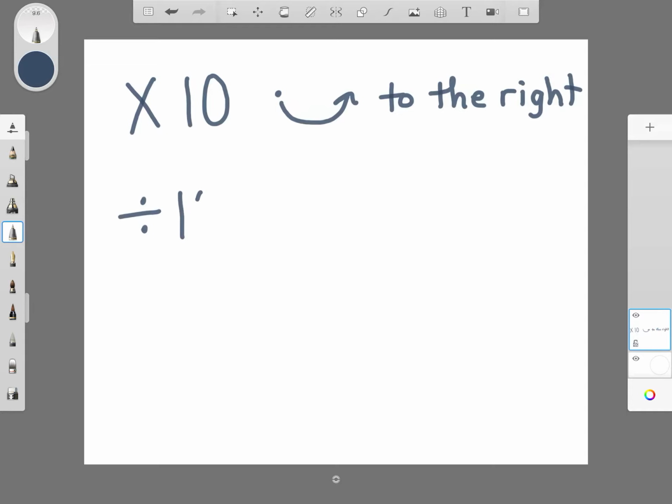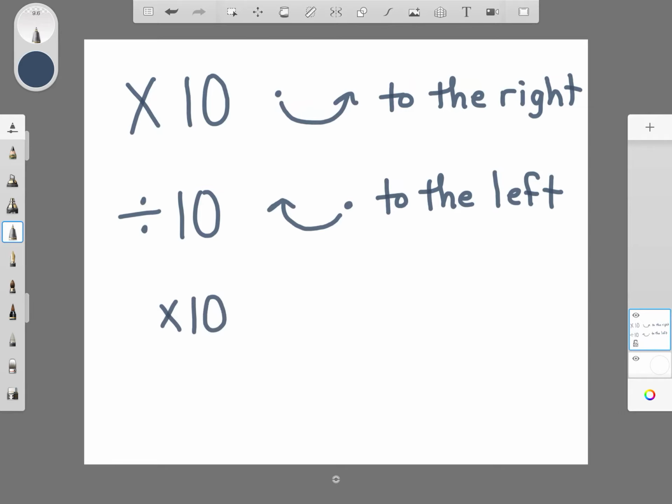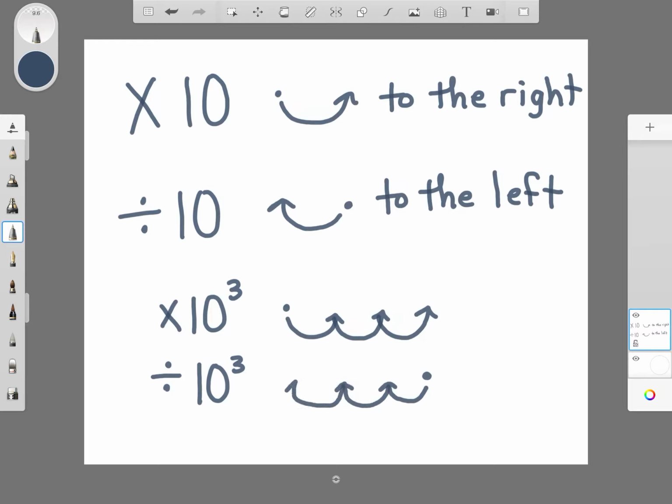When you're dividing by 10, you're moving the decimal one place to the left for each 10 that you are dividing by each power. So for example, if we're multiplying a number by 10 to the third power, we're going to move the decimal 3 places to the right. If we're dividing by 10 to the third power, we're going to move the decimal 3 places to the